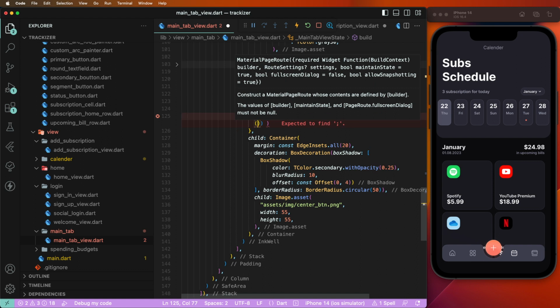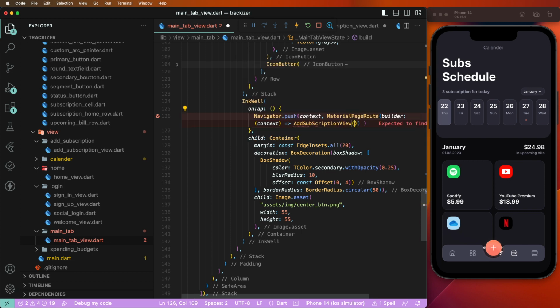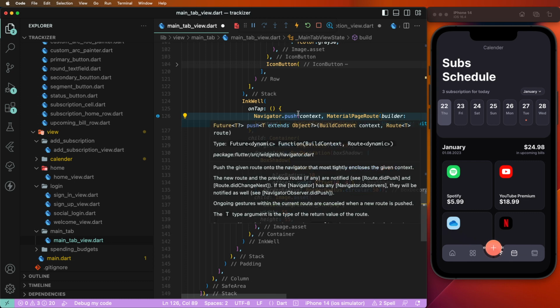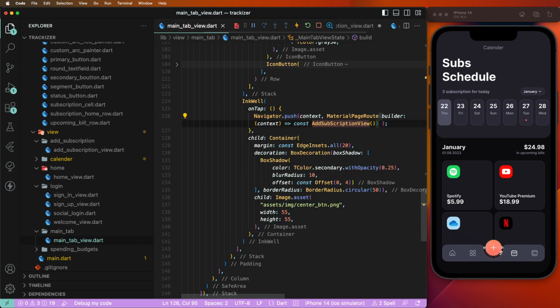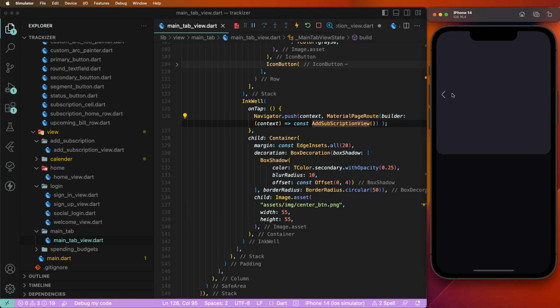create here the context, set here the value, add description, give the semicolons, and set here the const widget. Now we need to save this, and open this view, and first of all check here, go inside,